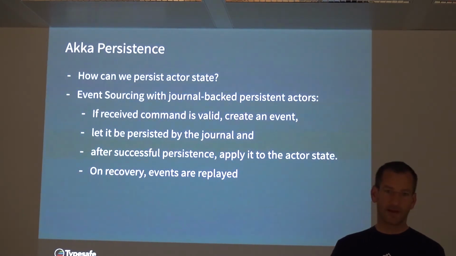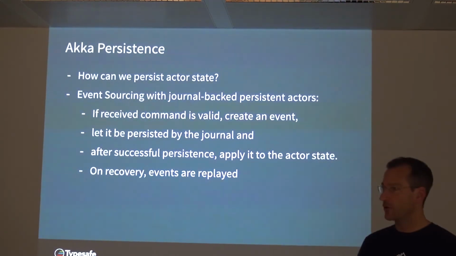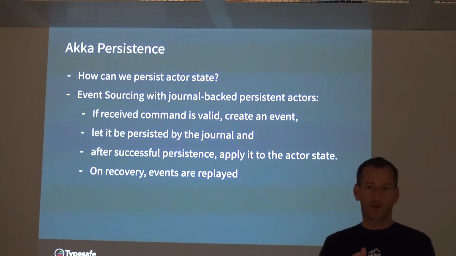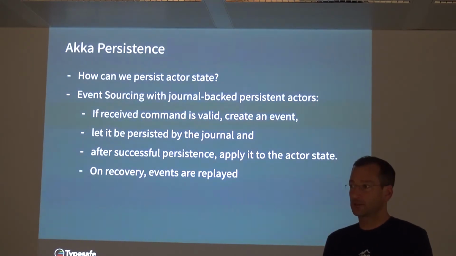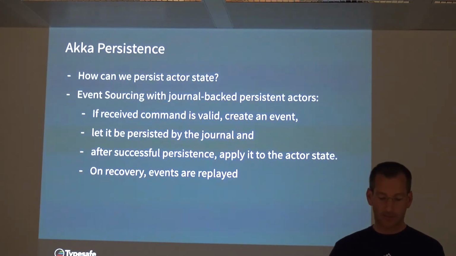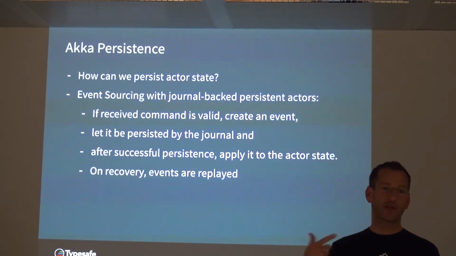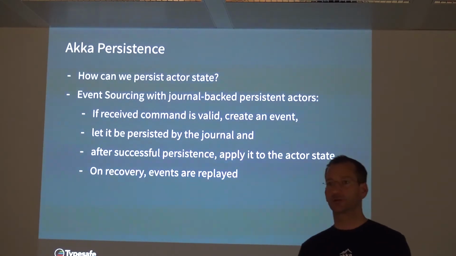you can validate it, like add flow. If you say, yeah, really, I want to add the flow or add the message, the flow might not be valid to be added because it might already exist or something like that. Okay, then we create an event, and that is persisted by the journal first, okay? And only if the journal, which is essentially like, so there are a couple of journals out there.